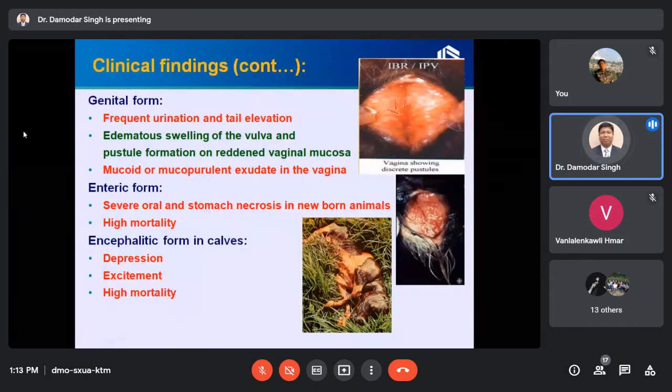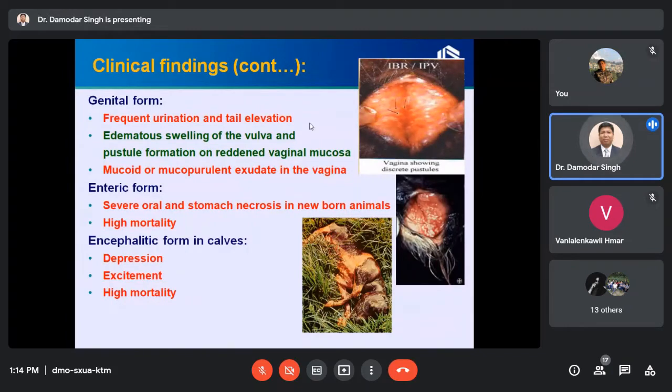Then in case of the genital form, there is involvement of the genital organs, maybe in male or female. In such cases, the animal, particularly the female, used to have frequent urination and tail elevation because of the pustular lesions, this vulvovaginitis, as I'm showing here, right? So they may feel pain when the tail touches this part of the genital organ, and that's why the tail may remain elevated, okay, and with frequent